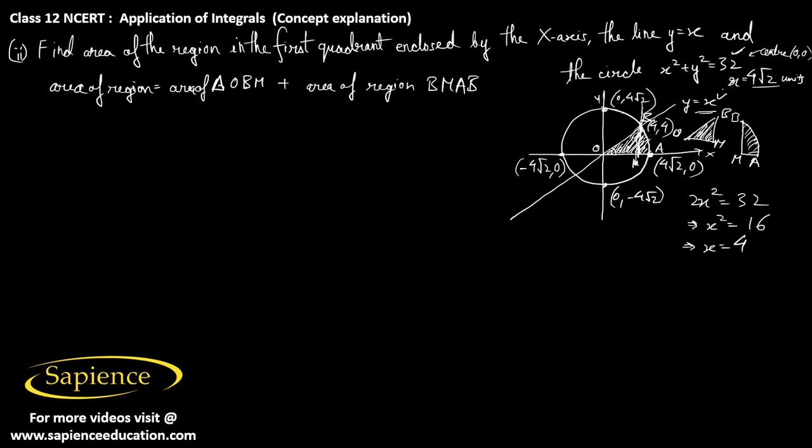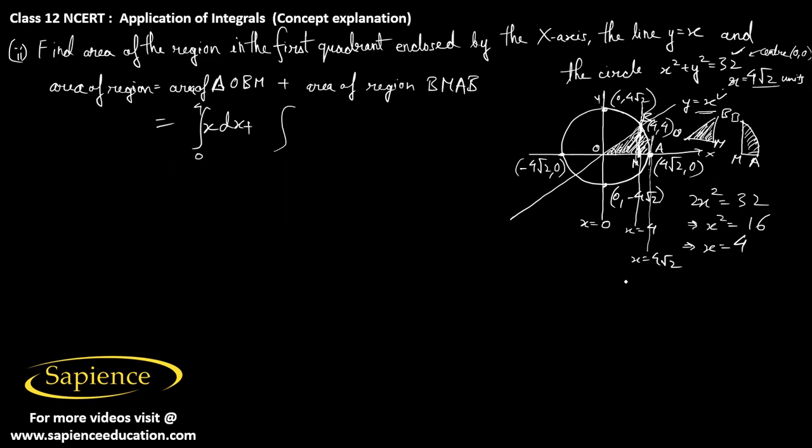So this straight line which is parallel to the y-axis and passes through the point B is x = 4. And the equation of the y-axis is x = 0, obviously. And the straight line which passes through the point A and is parallel to the y-axis is x = 4√2. So the area of the triangle OBM will be equal to the integral. Here y is x, so I can write the integral of x dx, from 0 to 4, plus the area of the region BMAB, that will be equal to